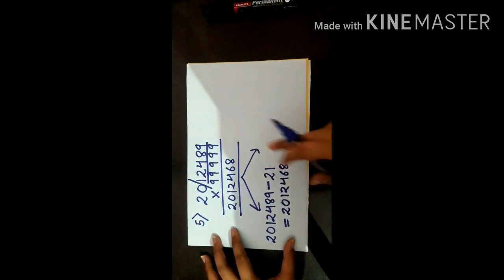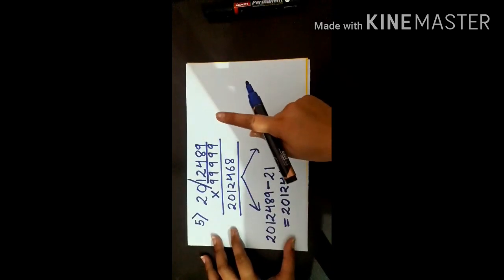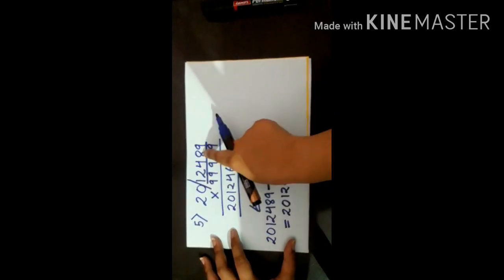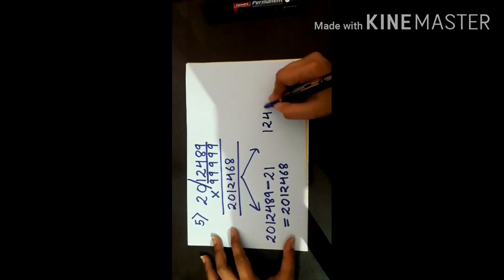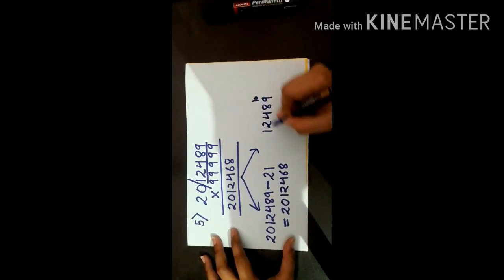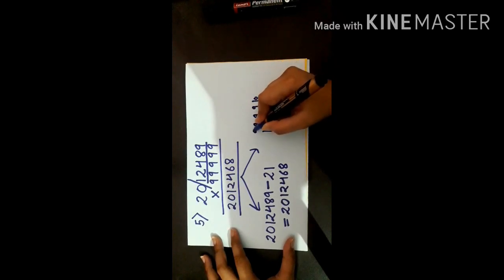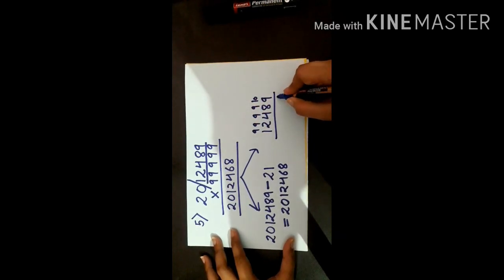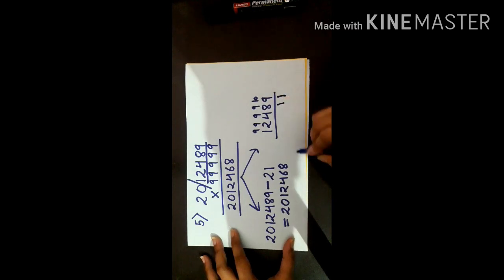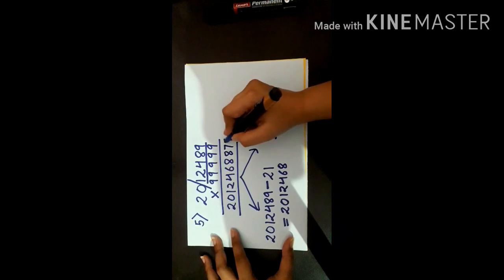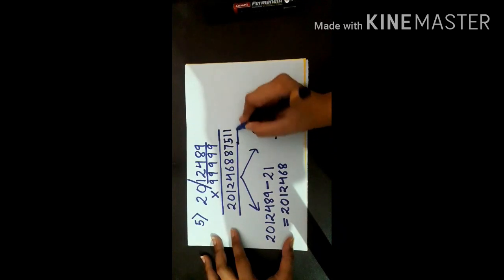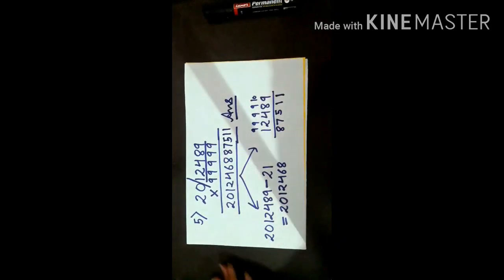Now the rest part, what do you have to do? You don't have to take the whole multiplicand. Only take the part which is after the slash. 1, 2, 4, 8, 9. 10 from last and others from 9. Subtract. 10 minus 9, 1. 9 minus 8, 1. 9 minus 4, 5. 9 minus 2, 7. And 9 minus 1, 8. So it is 8, 7, 5, 1, 1. So this is your answer.